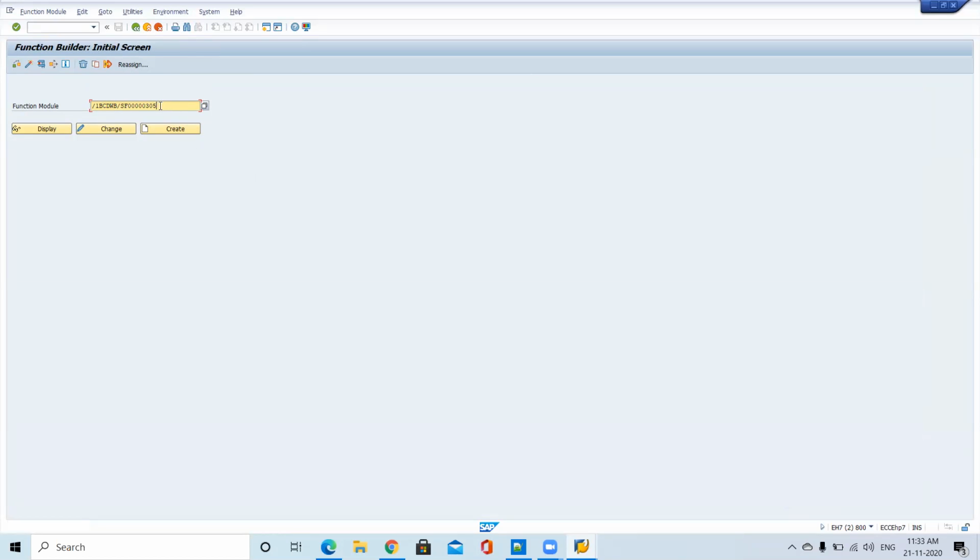For testing purposes, I have created smart forms, so now it is showing a series of 305. But in the quality system, the first time we move our smart form there, that is the first function module, and the function module name is different. Here in the development system it is different, in the quality system the function module is different, and in the production system the function module is different.